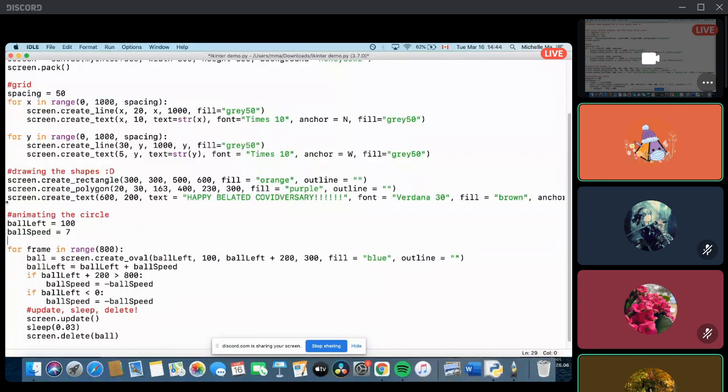So in order to make the color change, let's say we wanted to make it swap between red, green, and blue. You would need an array for that because you need a place to collect all the colors. So ball colors equals red,